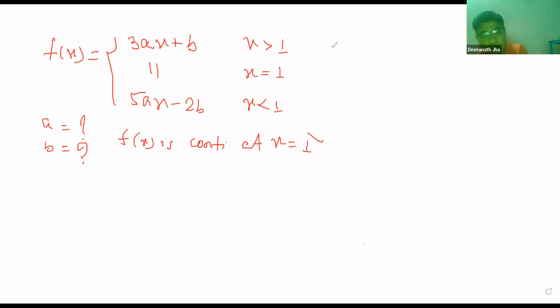A is 3 and B is 2. This is the correct answer. Ali, is it correct? Yes, sir. A equal to 3 and B equal to 2. Sir, I got the same answer. Same answer. Okay. Now,